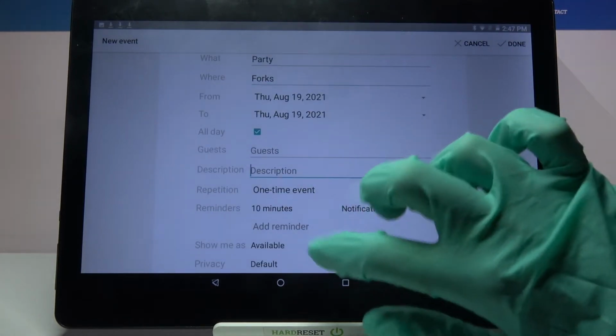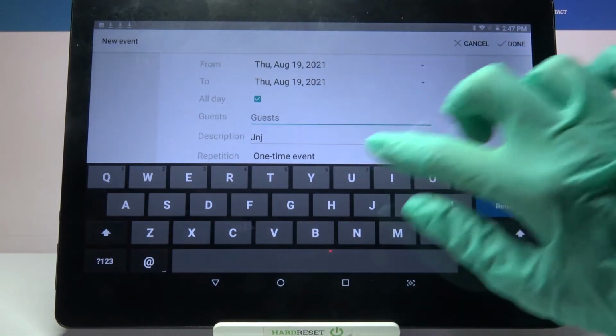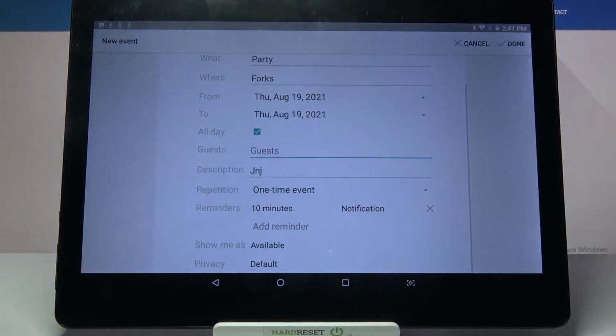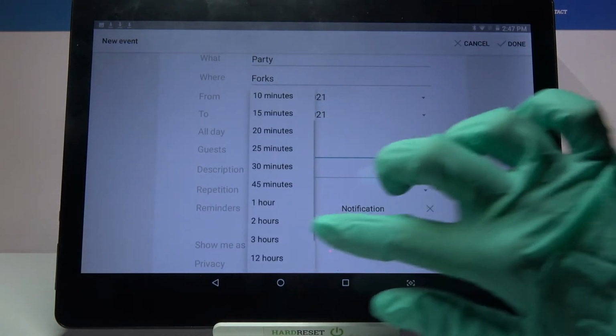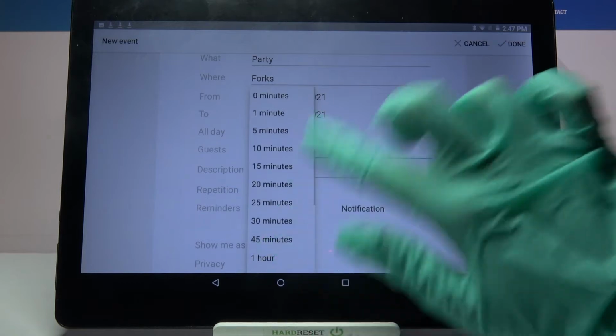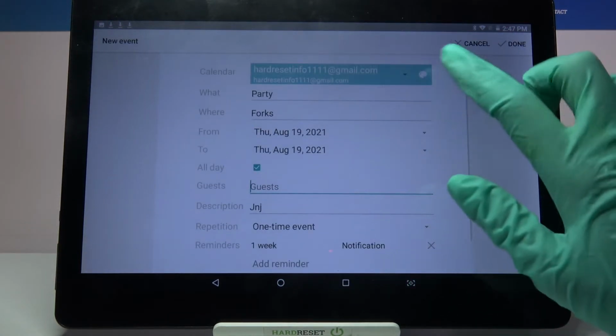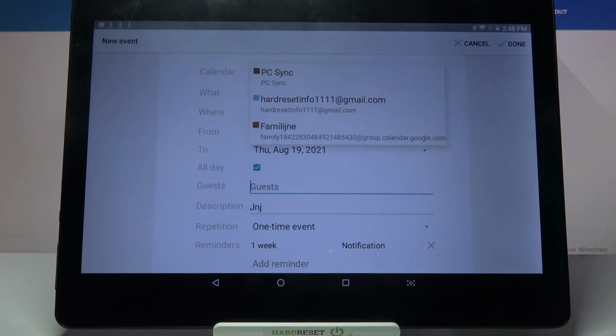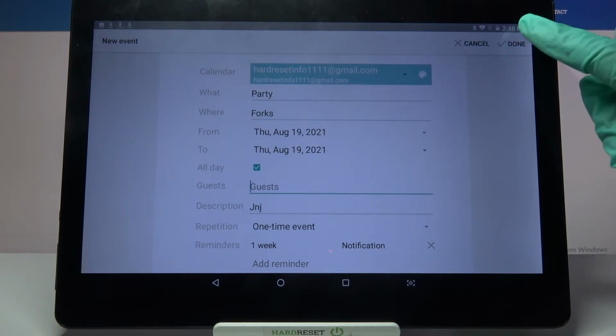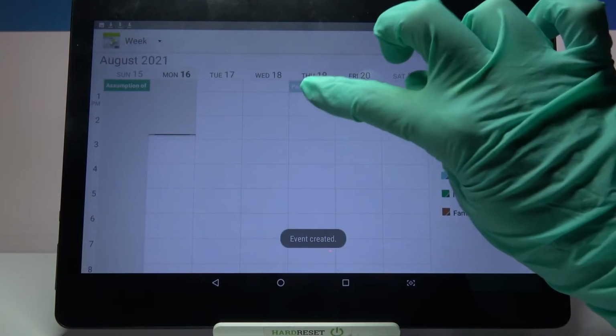You can also take notes, invite guests over here, create a guest list, set up notifications minutes, hours or weeks before, and even change email. When you're done, click done at the top right corner and as you can see my event was